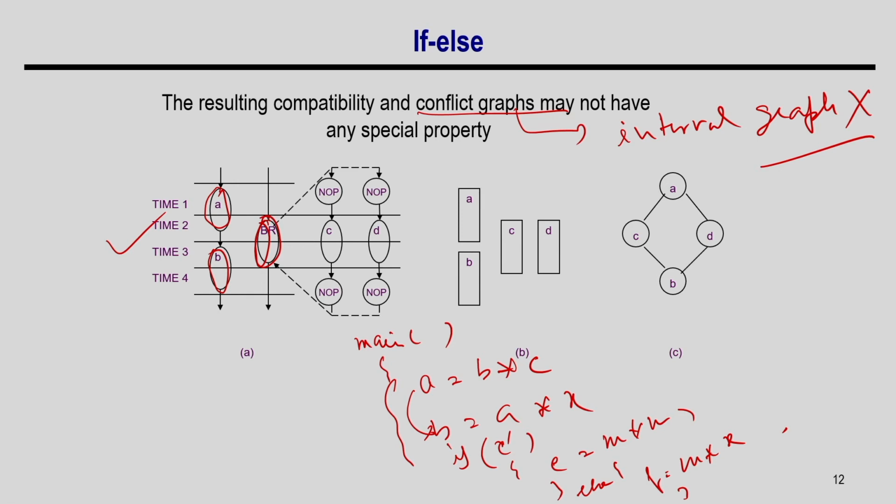Suppose this is the schedule generated by the scheduler, where the if else has the if branch and the else branch. In the if branch, the C operation is scheduled here, and the D operation is scheduled here, because this is the else part. So, this is my schedule graph, and now let us try to put them in intervals. A's interval is from 1 to 2, B's interval is 2 to 3, S is 3 to 4, and C and D are in 2 to 3, because these two operations are scheduled in 2 to 3. This is how I get the intervals for these operations.